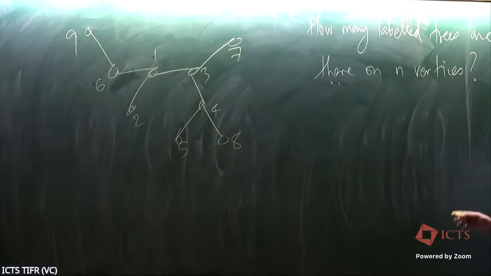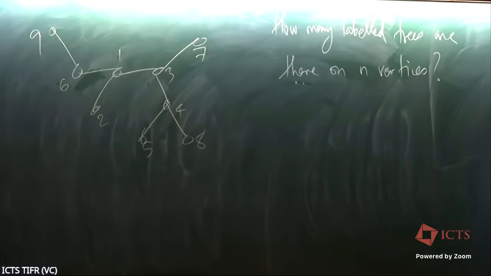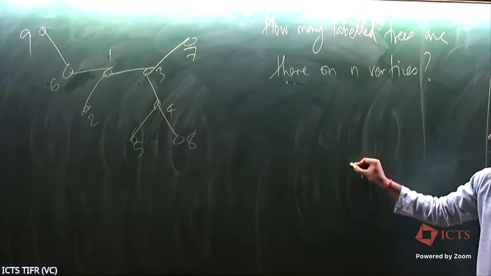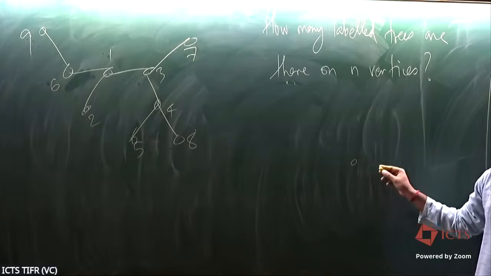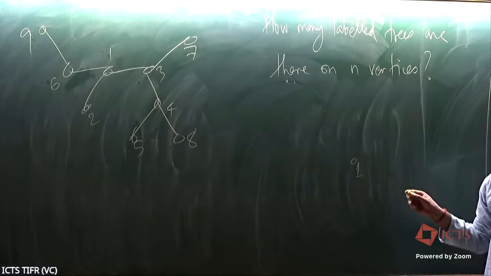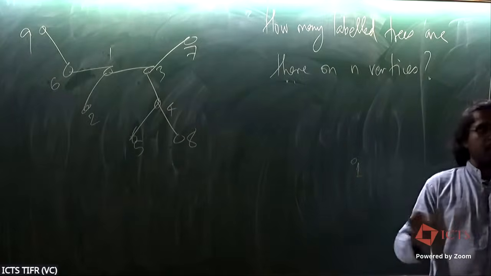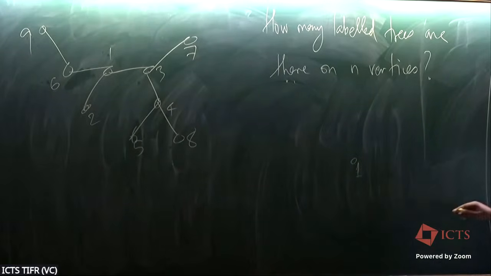Maybe you should just do a few examples. So how many labeled trees are there on one vertex? Can you guys still see if I write here? So let's say n is the number of vertices. Tn is the number of labeled trees on n vertices. Okay. So if n is 1, how many labeled trees are there on exactly one vertex? Only one way. I mean, you have to give it the label 1. If there are n vertices, you label it using 1 to n, not arbitrary labels. So there is only one way to do this.